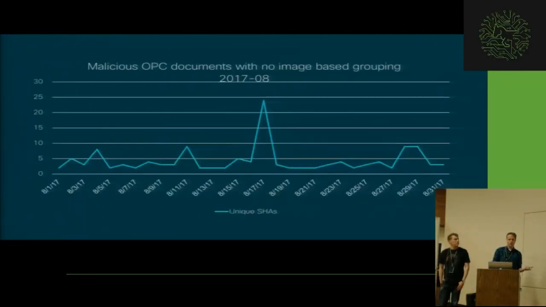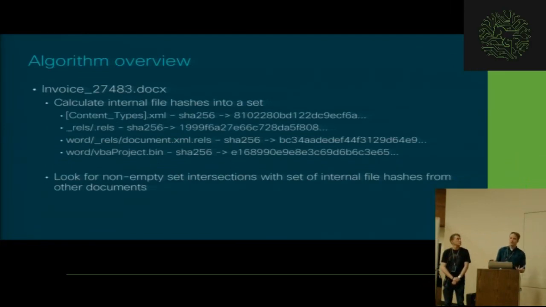And the results from the docx, so this is just the docx samples over the month. Again, we have a spike to account for and some background noise. Docx files don't have stream data, it's a different file format, but they're zip files. And so inside the zip file, there's a number of files. Using basically the same method, instead of taking streams, I just took the internal files, hashed them, and again, looked for intersecting sets between documents.